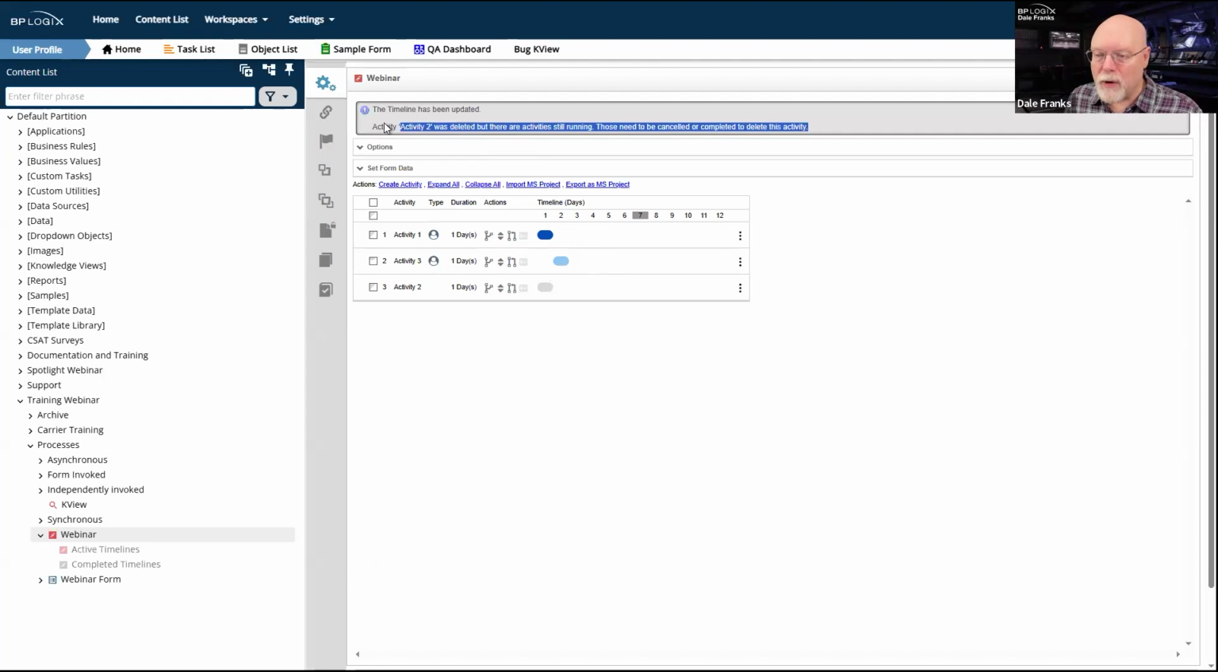And so you're going to get this message. Activity 2 was deleted, but their activity is still running. Those need to be canceled or completed to delete this activity. Now, this still does raise a bit of an issue depending on how you've changed the process. The change that I made was a really simple one. I just had activity 2, which had as its successor activity, activity 3. And for me, it's going to be fine. I don't really have to do anything except make a mental note that next week or next month or whatever, I am going to have to come back and